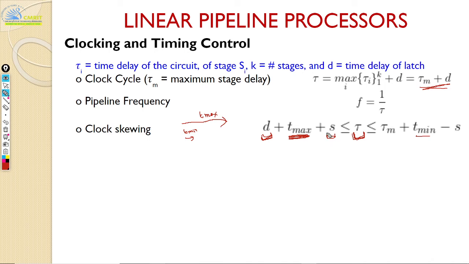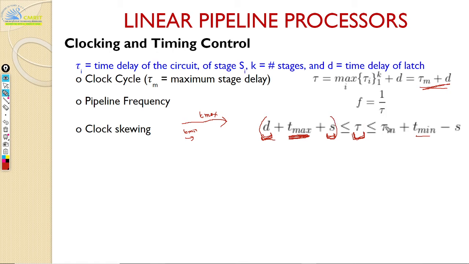When you say positive skew, it means that you have the clock delay. You're hearing it slower. After I shout pass the ball, after s seconds you will hear. So then you add s. Now your tau should definitely be greater than this, otherwise your output may not be correct. So that's the bound. That's the lower bound. It has to be definitely greater than this.